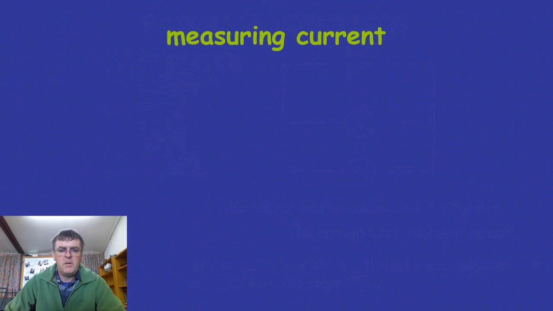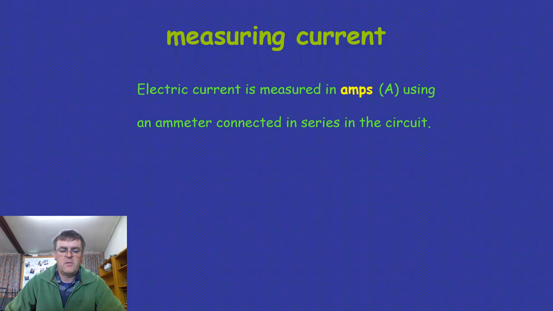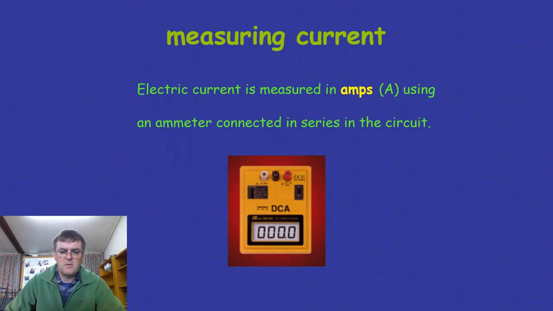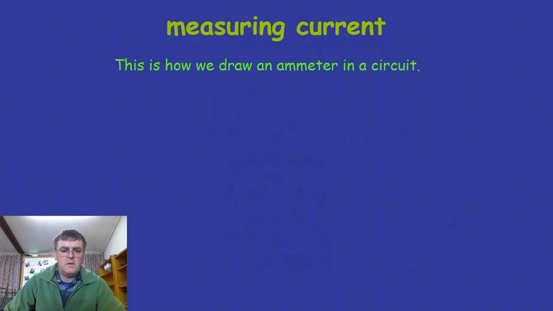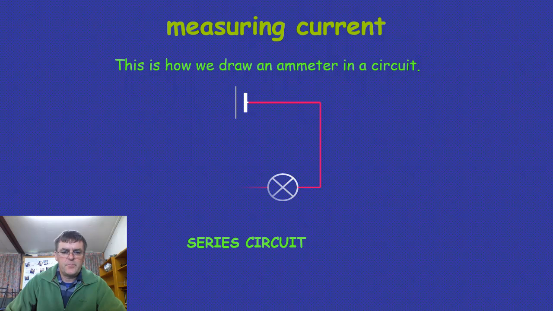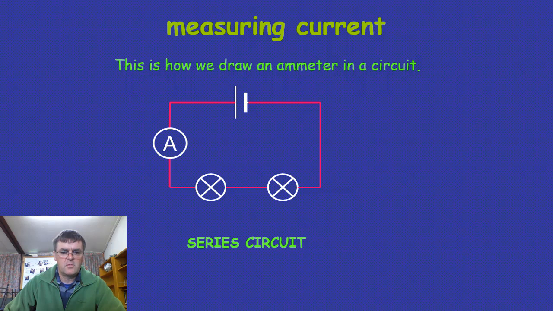So let's look at measuring the current that's flowing around your circuit. We measure that in amps, and we're using an ammeter to measure that. So that's what an ammeter could look like. Numbers on the dial there, and that's the circuit symbol for ammeter. Just a capital A in a circle. And we stick that in the series circuit in series. It's connected in series, it's plugged into the circuit, so it's measuring how the current is just flowing